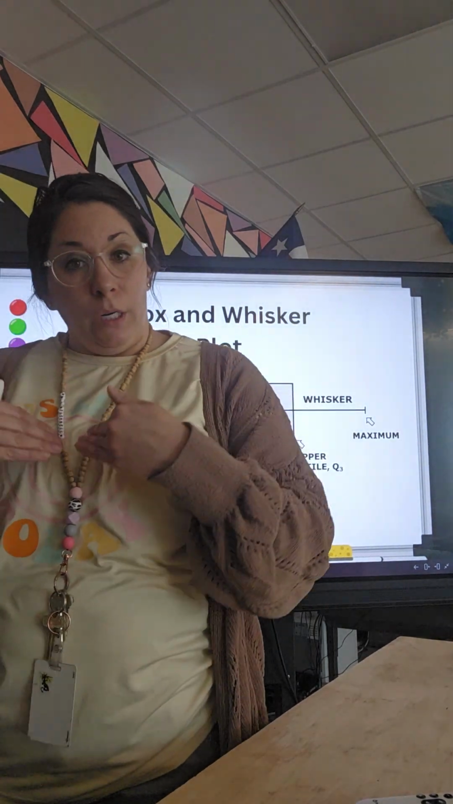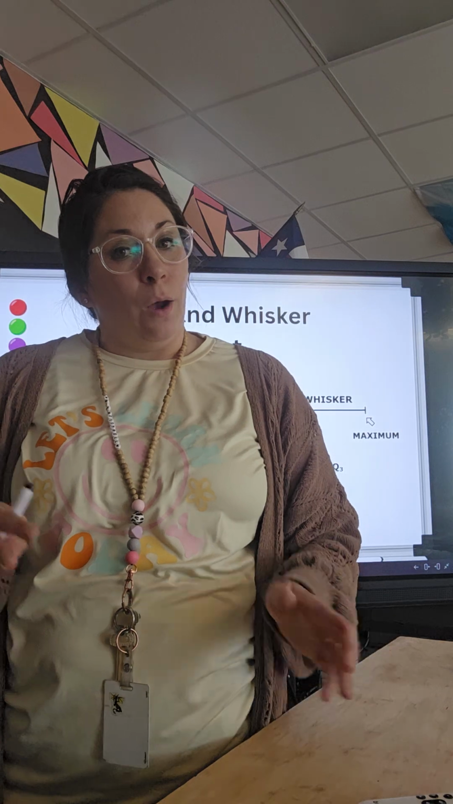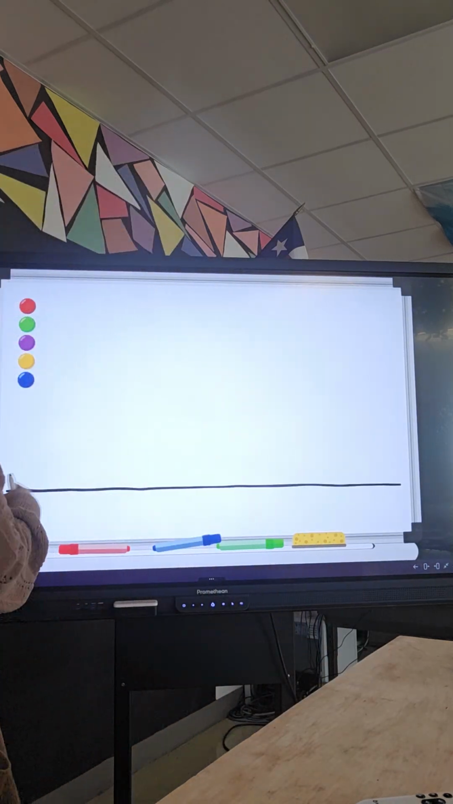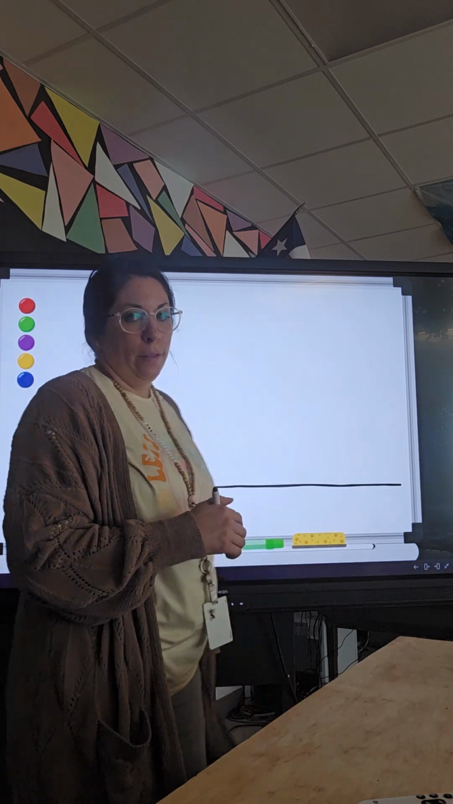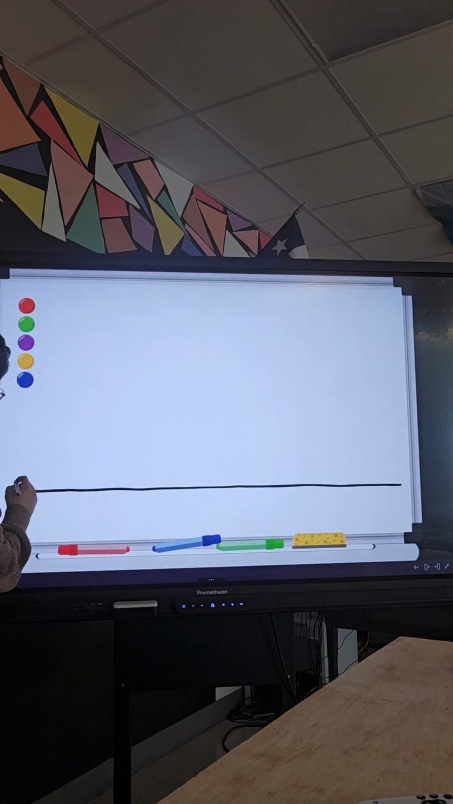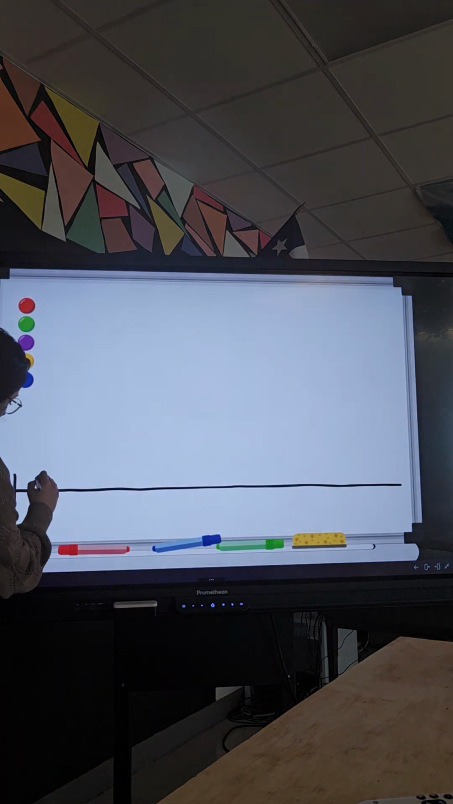But we're going to do that together. I'm going to show you exactly how we're going to do that. What we're going to do is our line graph, and we're going to start inputting the data that we have, okay? So we have our least number, which is 1, 2, 3, 4, 5,